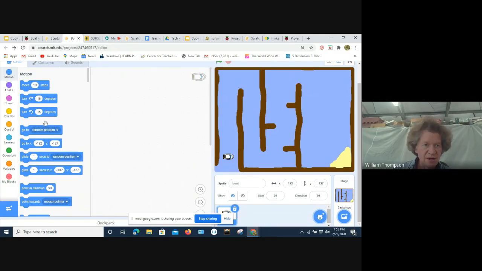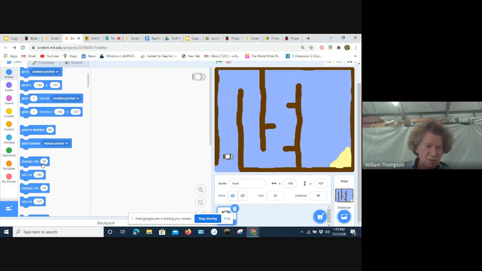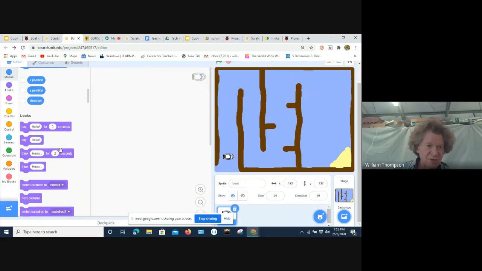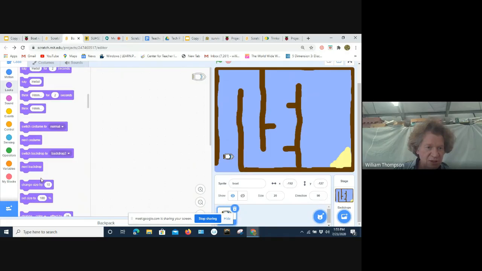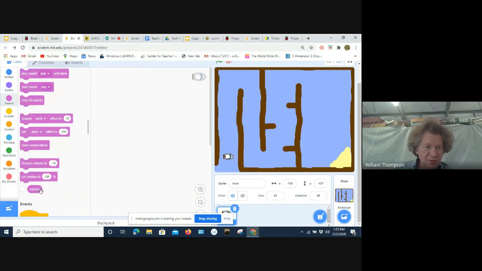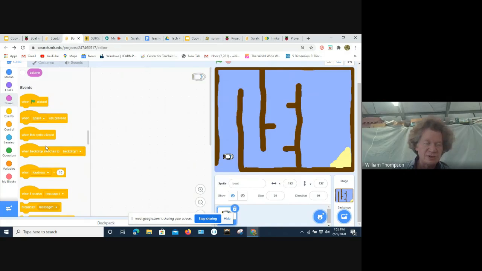Okay, so these are instructions to move the boat or change its position. These are some instructions for saying things or changing the looks of stuff. There's sound instructions, and then there's events. The first block in our code is basically a start when clicked event.